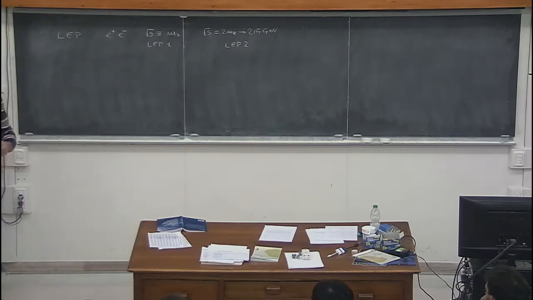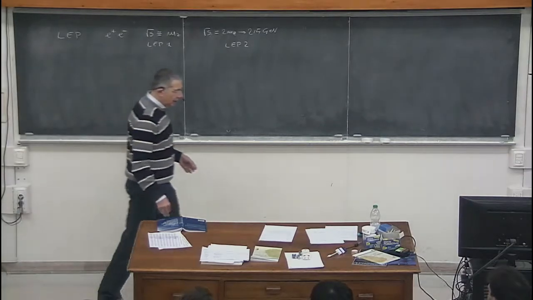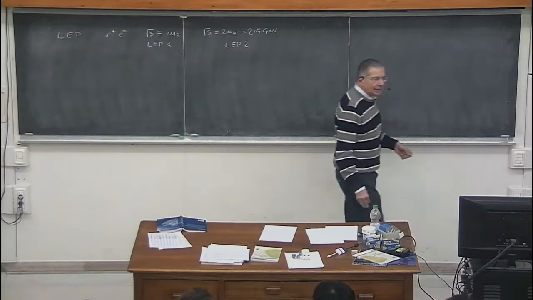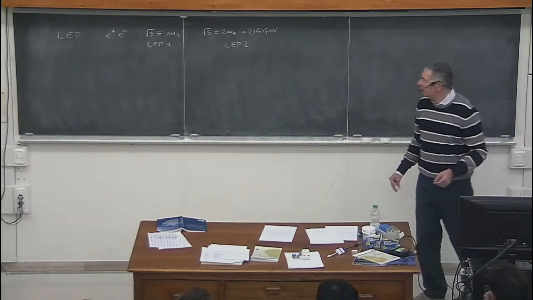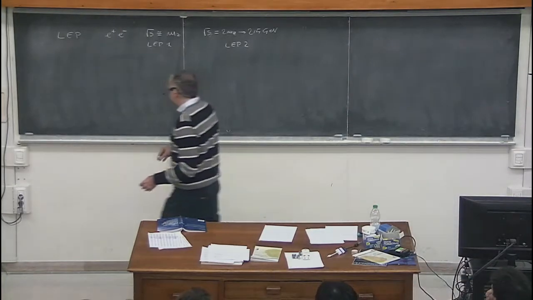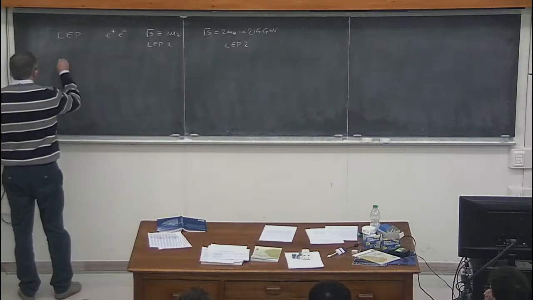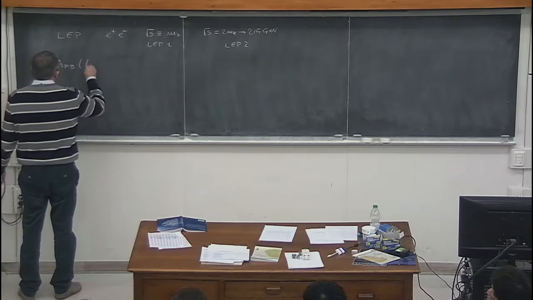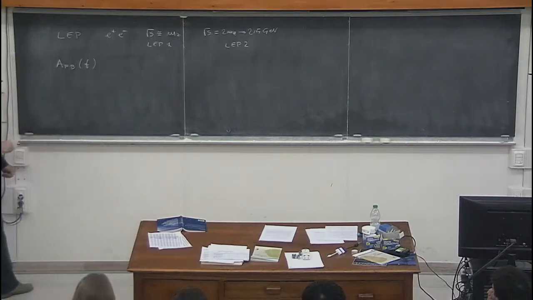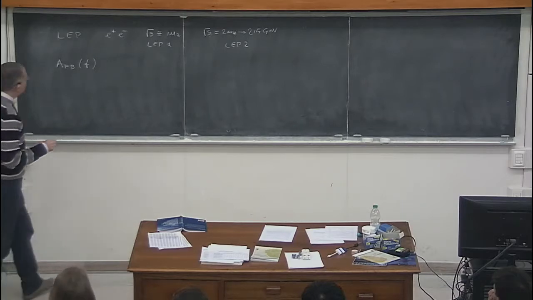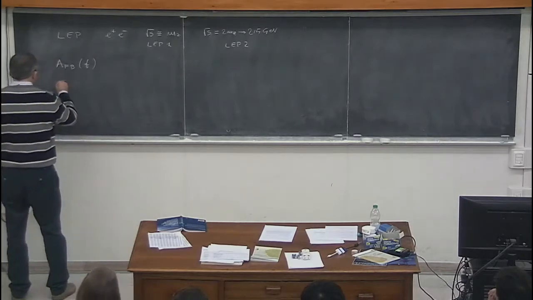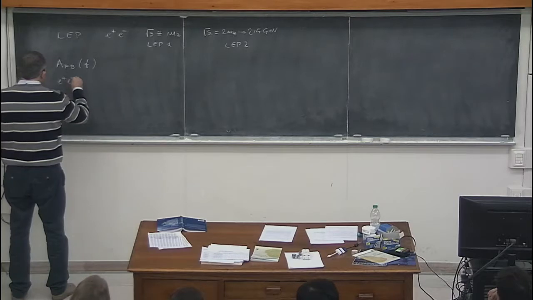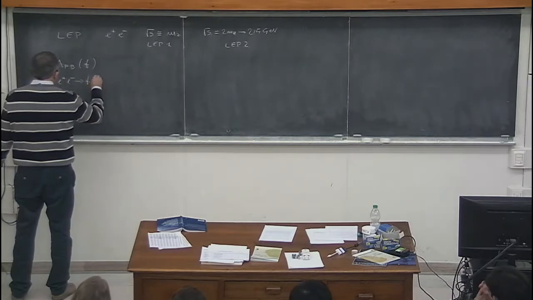In particular, what you can measure with great accuracy is the so-called forward-backward asymmetries for a pair of fermions. The forward-backward asymmetry is defined like this. If you take the process e+ e- into a fermion anti-fermion pair, a muon or a b quark or an up quark or whatever you like, you can define the